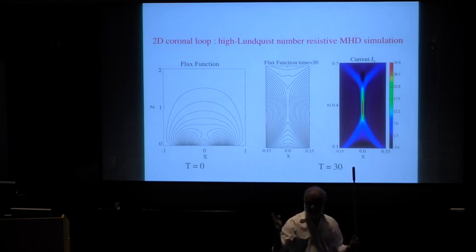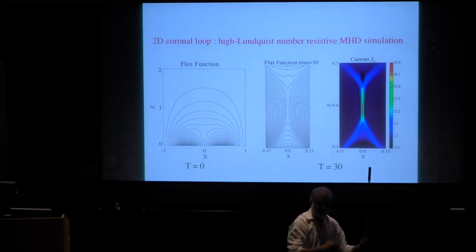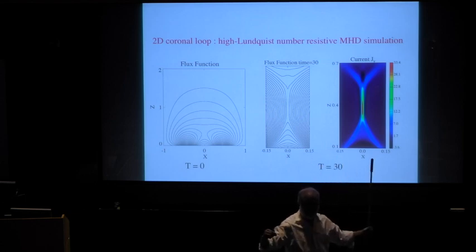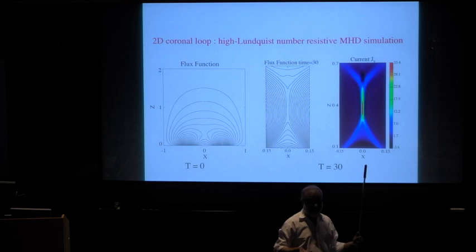So if E is roughly eta j, then it'll go like eta j square. So really the dissipation depends more on how strong the current density is in that region than the tilting of the thing. But if tilting is associated with some stretching,